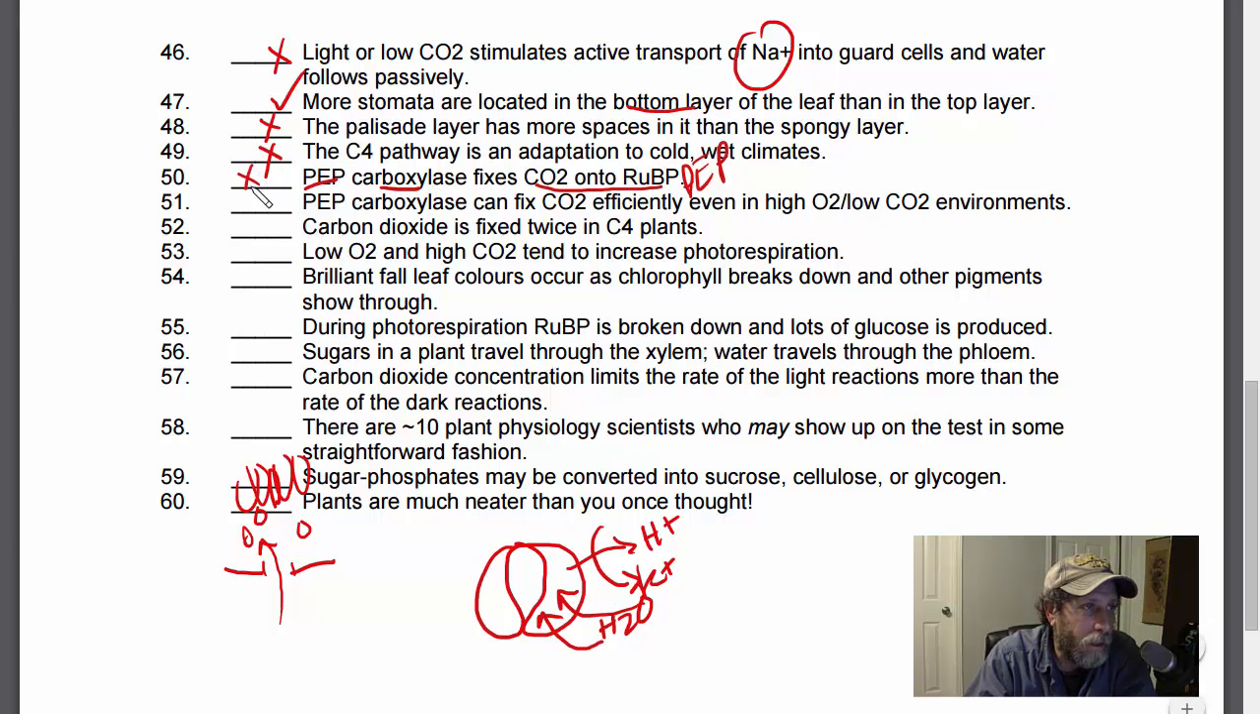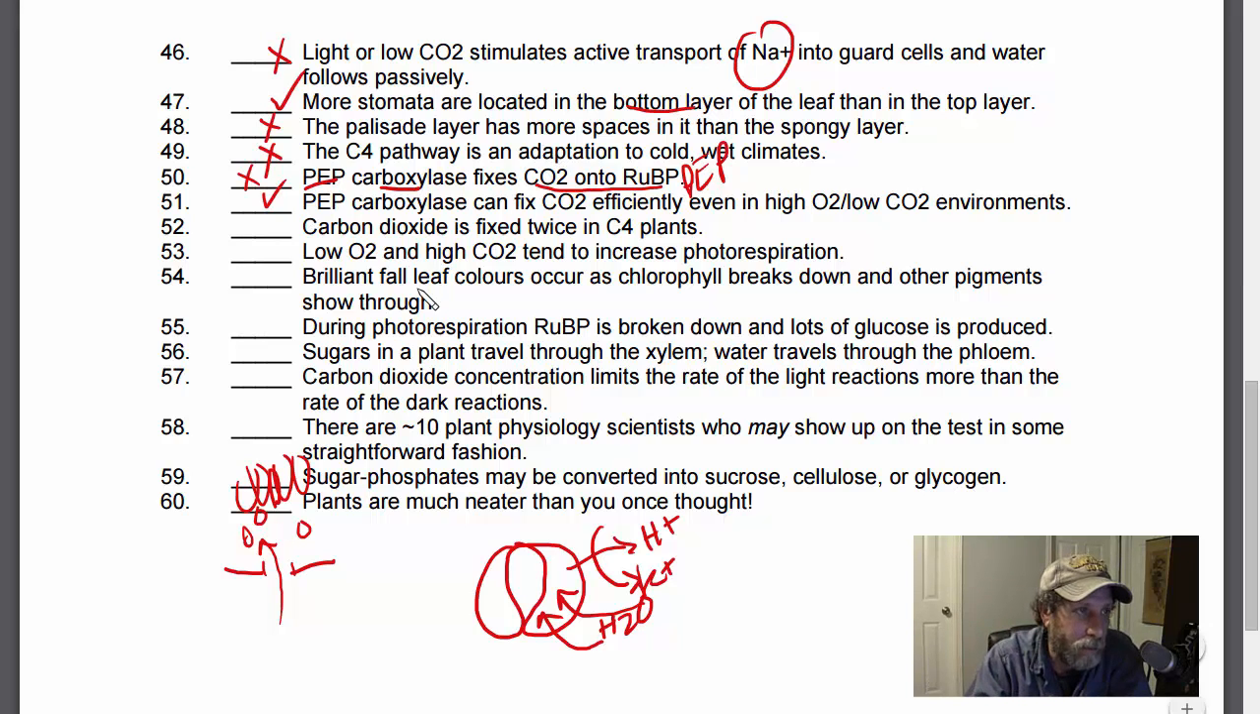So this is false. 51. PEP carboxylase can fix CO2 efficiently, even in high oxygen, low CO2 environments. And that's true. That was the whole point of it. If you have a lot of oxygen, RuBP carboxylase, the wimpy enzyme, gets confused and starts to fix the oxygen. But PEP carboxylase is that adaptation in the C4 plant. It'll take the CO2 in small amounts, and it'll click it onto PEP, and it'll make a 4-carbon molecule, oxaloacetate, which will eventually go